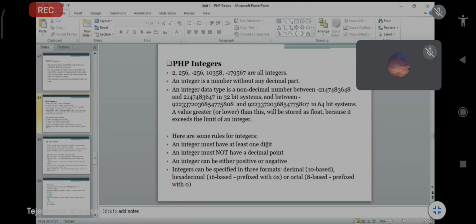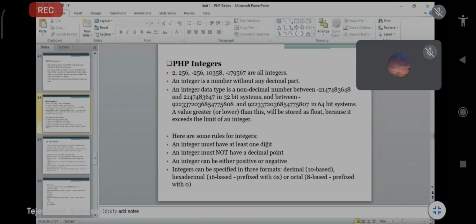Next one is PHP integers. For example, 256, minus 256, 10, 3, 179567. All are integers, numbers without any decimal part.